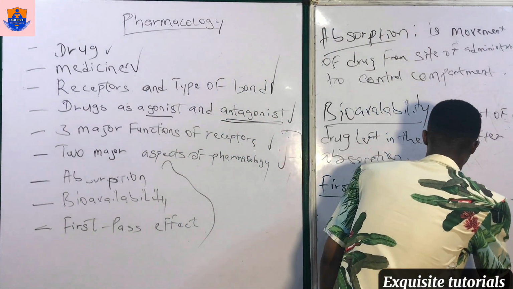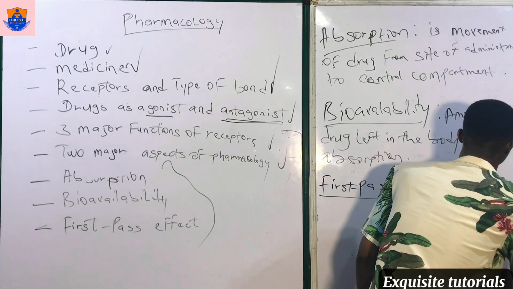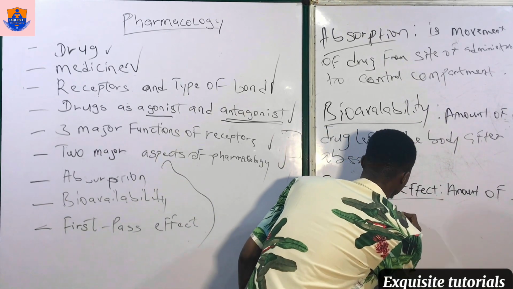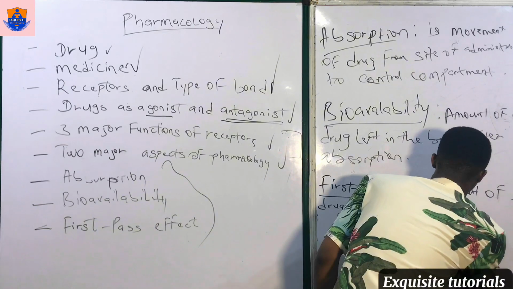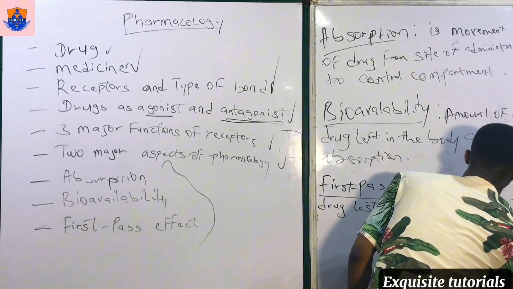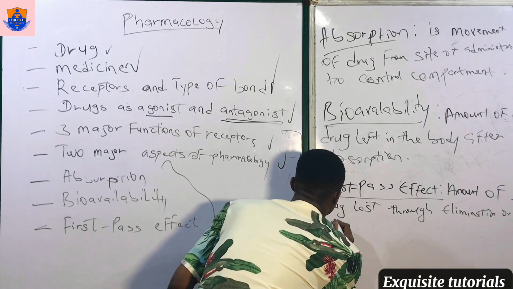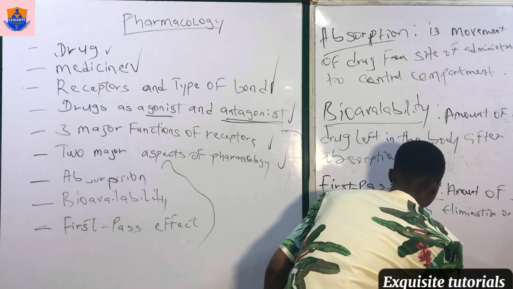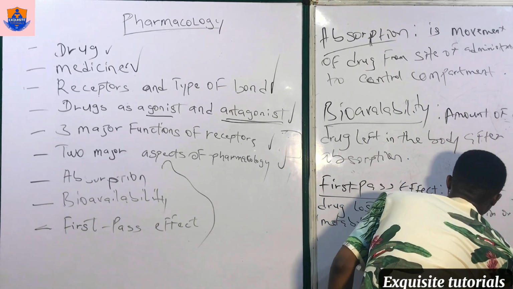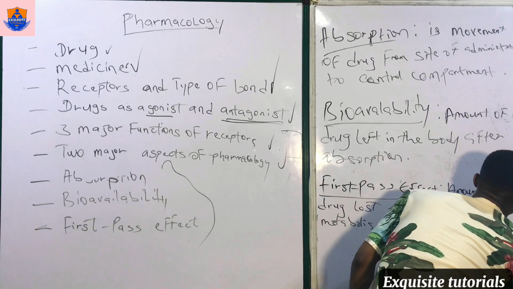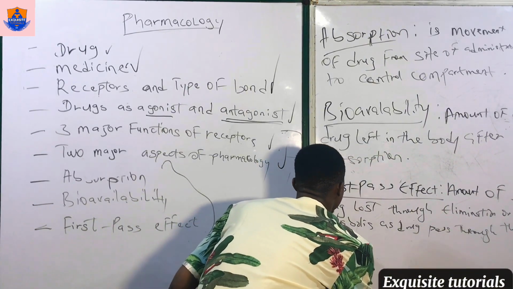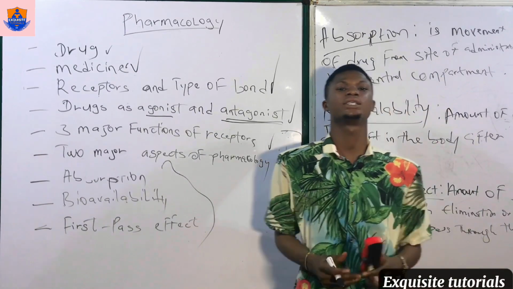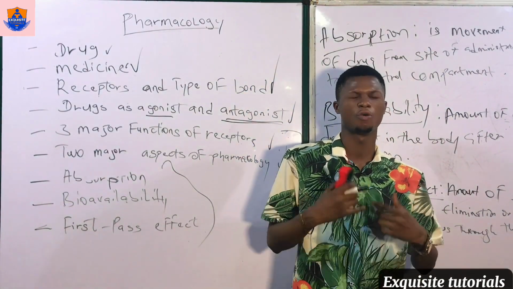Now let's explain. Amount of drug lost through elimination or metabolism as the drug passes through, or you can say first passes through, the liver or lungs. Now remember that your liver is actually responsible for filtering products, or for filtering drugs, or filtering anything